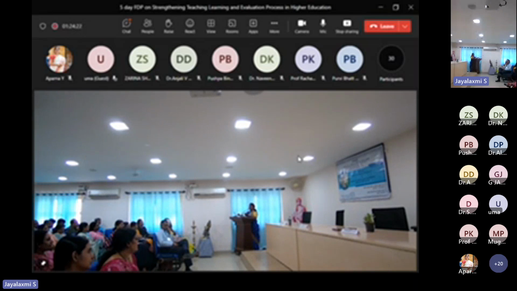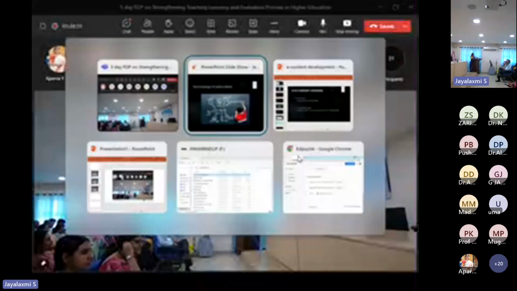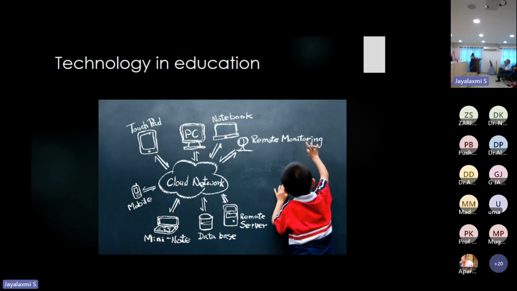You need a lot of credentials for that, and it needs a lot of finances because it's very costly. If you see one course in MIT, it's costing you so much. Every course is very, very costly. So for people in the developing countries or the underdeveloped countries, it's very, very hard. But if that institution prepares this e-content through cloud networking, uploads it onto the cloud, and shares it with the world,